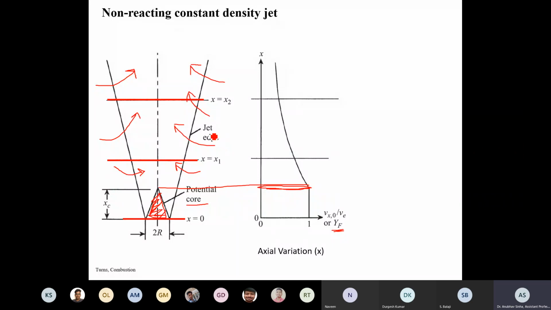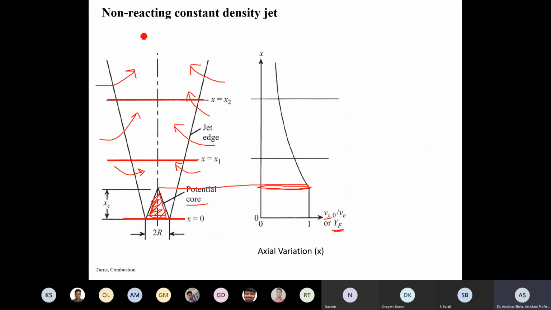Is this clear to everyone? The same trend will be followed for velocity. Initially we have higher velocity, but as more mass is coming, more air diffusion, which is called entrainment, the velocity will also go down. After some time it will be diffused and stopped. This generally happens for any non-reacting jet you have. This is the general behavior.